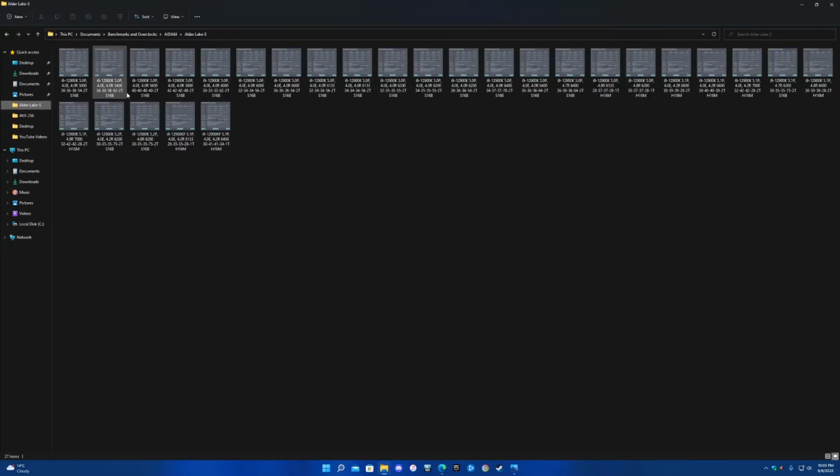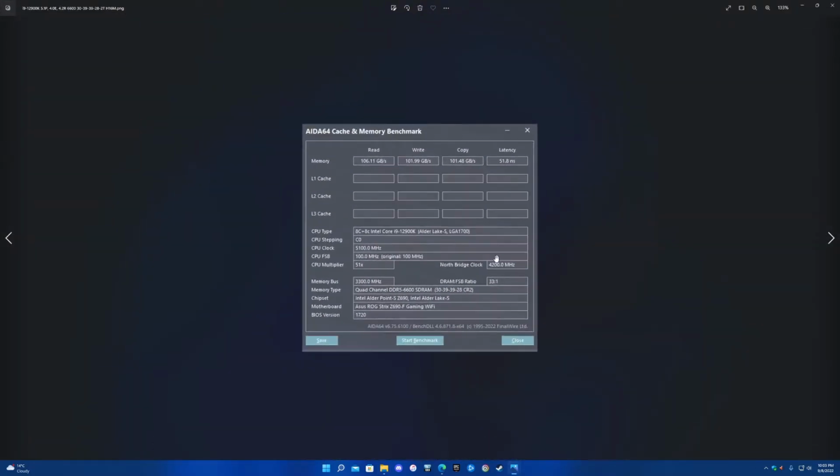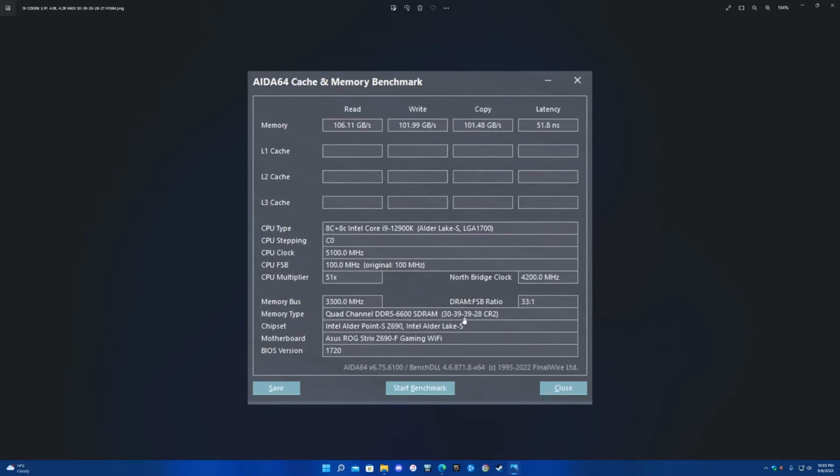This one. I think this one's good. Let's grab this one. So 6600 CL39 is 51.8 with an E-core profile. So yeah, the same exact CPU configuration. So with 6600, you're expecting about 2 nanoseconds of latency extra. So 51.8 versus